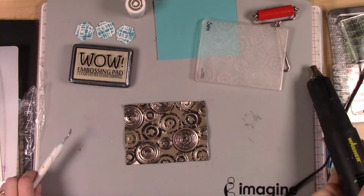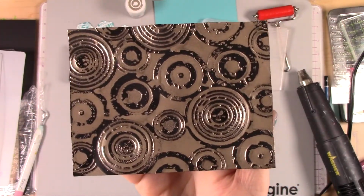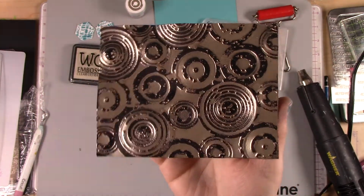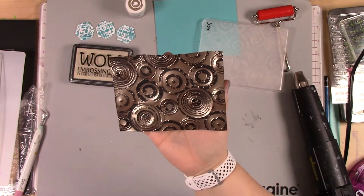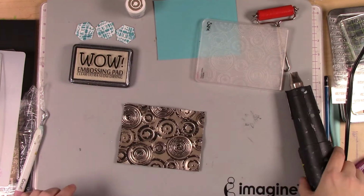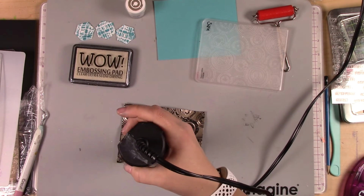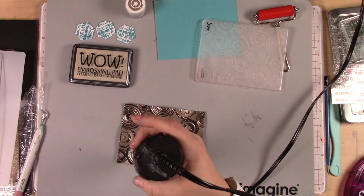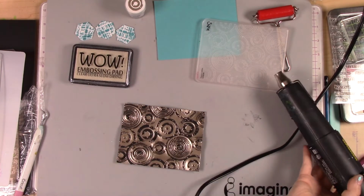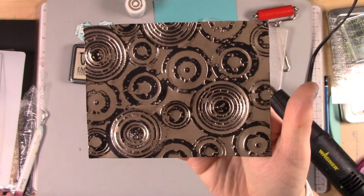Oh my goodness. Seriously, can you see this? Look at it. Oh, that is the coolest thing I've ever seen. Oh, I love it with the metallic. So I did this. Oh, I missed a spot. Hold on, I gotta get all the parts. There we go. Oh my goodness, I love it so much. This is so cool. So do you see, I